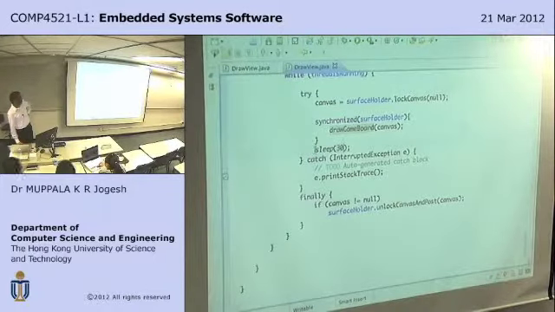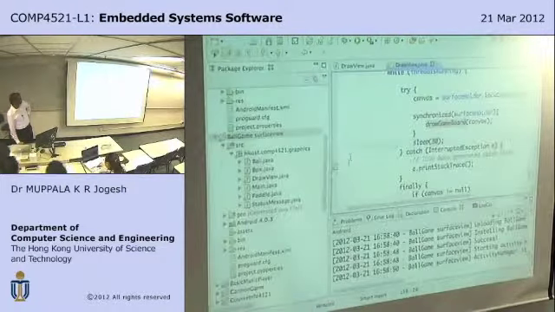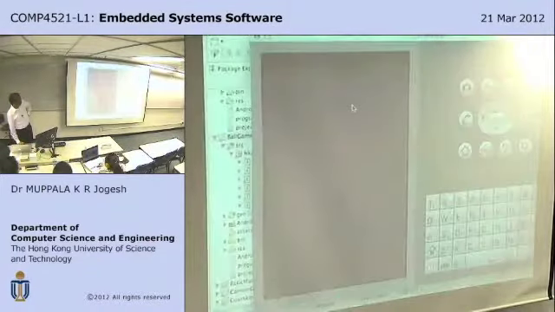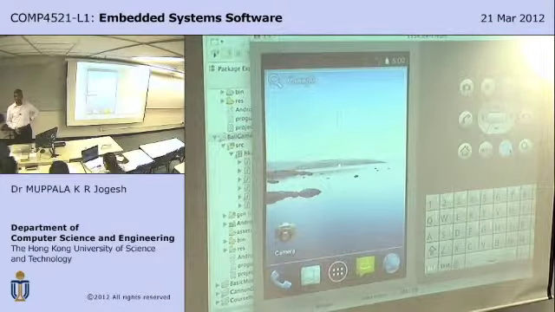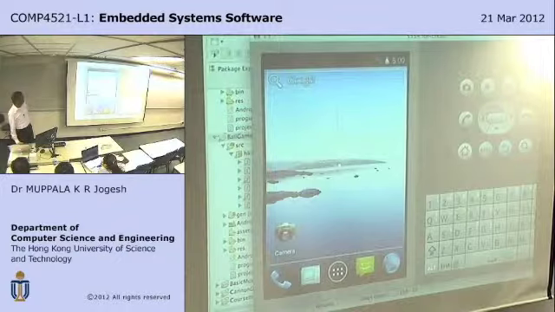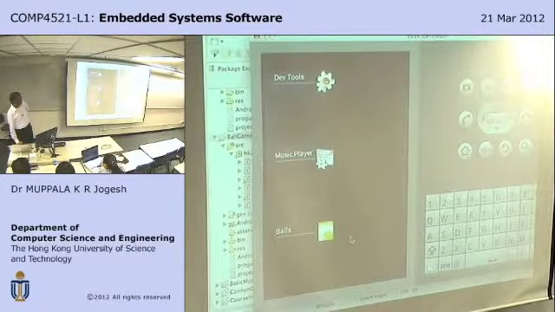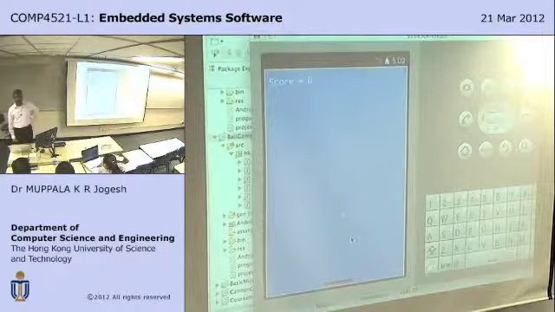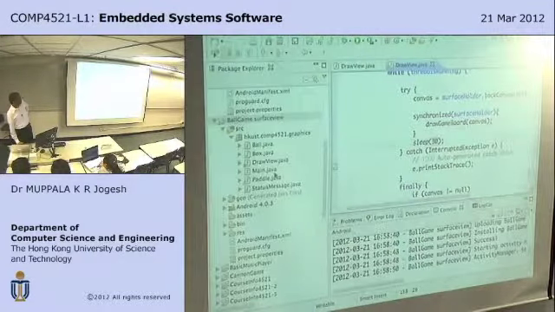So in this particular game, you don't need that many frequent updates to the screen, so it is good enough to be done this way. Okay, so again, the same game running on the screen. And if I hit the back button, now the back button works properly, stopping the game and going back. I can resume the game again if I want to, at the correct point. The reason why these things work is that together with this, I made minor changes in the main.java file,